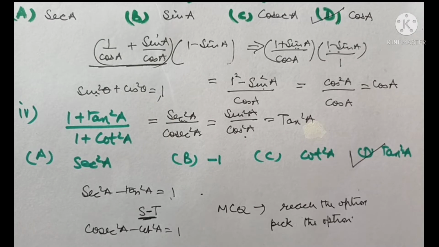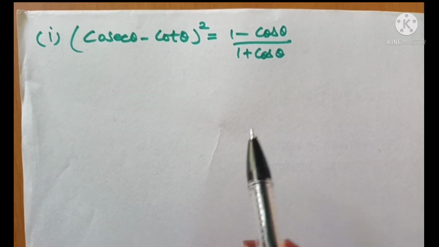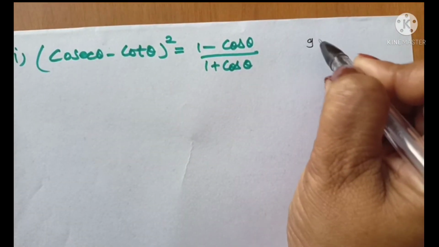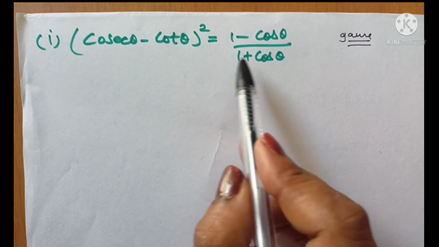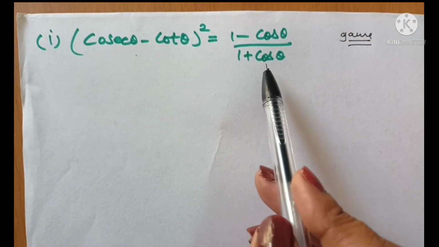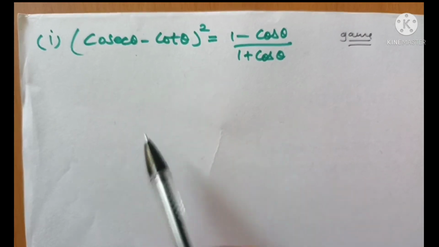Let's get to question number 5. Proving identities is a very important part of trigonometry, and students just play it like a game. Do not try to cram it. Just see what is given to you and you have to reach there. You have to start from here and you have to reach here. Now you have to see what steps you can apply. So automatically you will go on getting the steps.